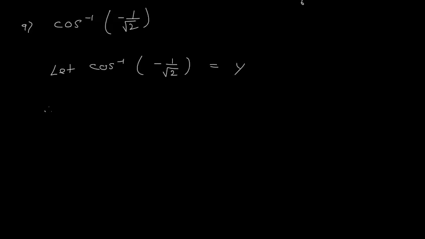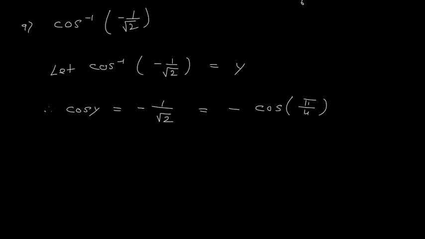So therefore I get cos y is equals to minus 1 upon root 2. This is the value of cos y, which is equal to minus of cos pi by 4,